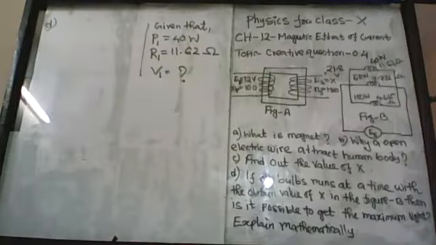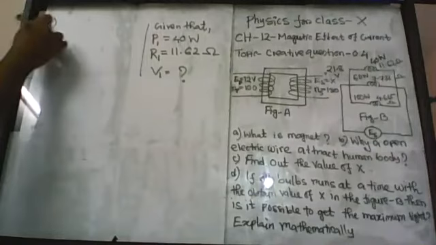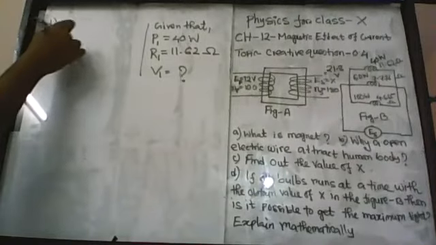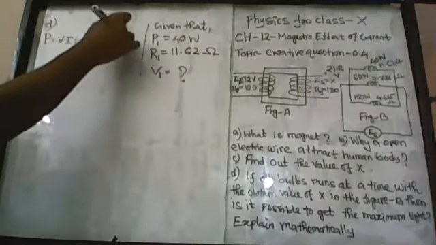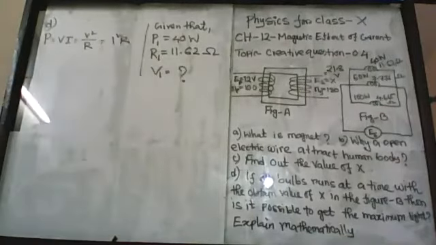So how can I find the voltage drop for the first bulb? Here resistance and power are given. Let's see the formulas for electric power. P equals V into I, P equals V square by R, P equals I square into R. These are the available formulas to find electric power, and from these we can solve very easily.